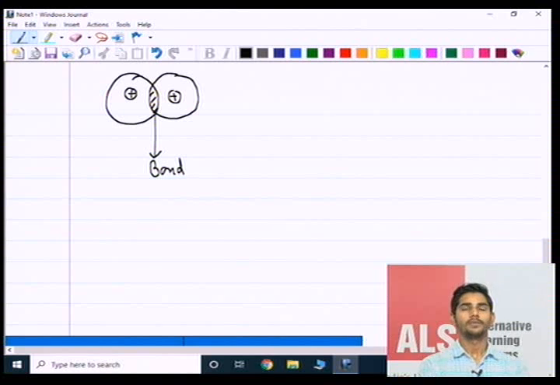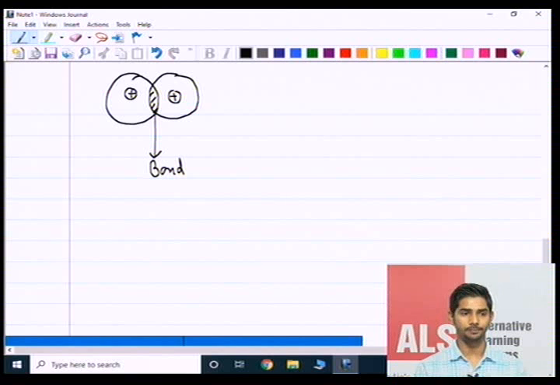Okay, try to understand it. This common region where two atomic orbitals have overlapped each other is known as the chemical bond. Okay, valence bond theory says that for the formation of a chemical bond, it is necessary to overlap atomic orbitals, and the atomic orbitals which are overlapping with each other must contain the electrons